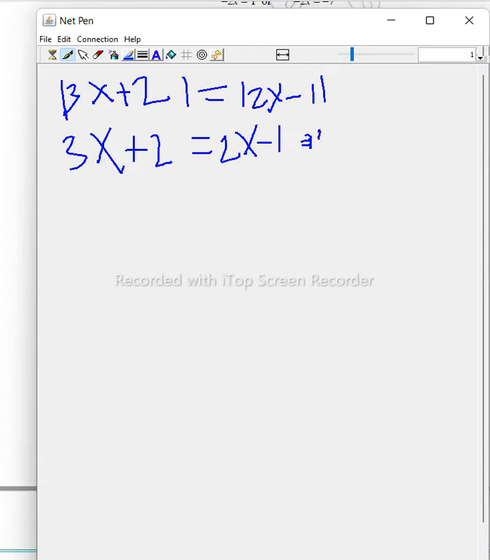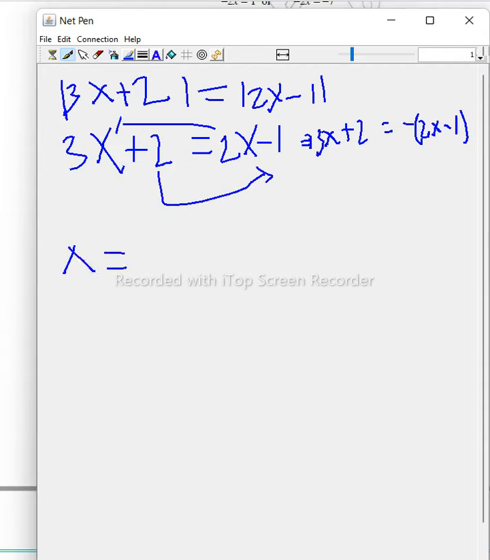So 3x plus 2 is equal to minus (2x minus 1). For the first, we bring the same terms together: 3x minus 2x is x, again minus 1 plus 2,